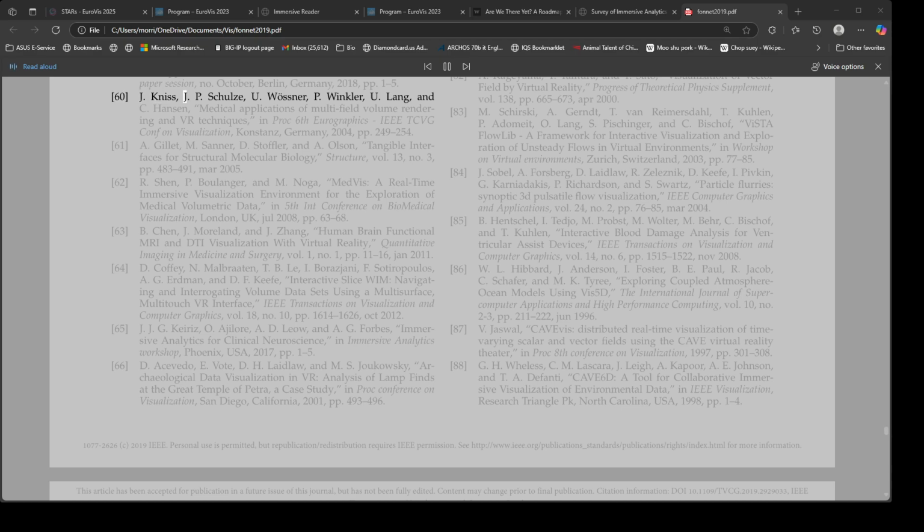60. J. Nie, J. P. Schulze, U. Wössner, P. Winkler, U. Lang, and C. Hansen, Medical Applications of Multi-Field Volume Rendering and VR Techniques, in Proc. 6th Eurographics IEEE TCVG Symposium on Visualization, Konstanz, Germany, 2004, pages 249 to 254. 61. A. Gillet, M. Sanner, D. Stoffler, and A. Olson, Tangible Interfaces for Structural Molecular Biology, Structure, Volume 13, Number 3, pages 483 to 491,